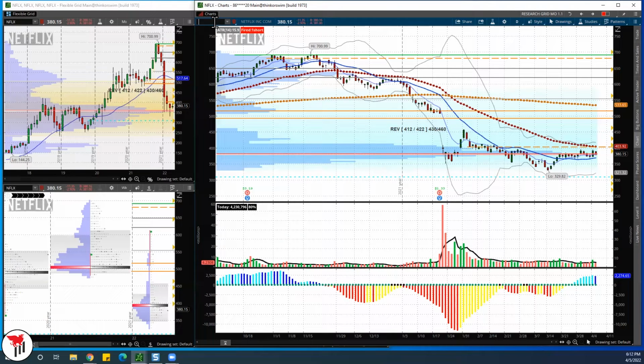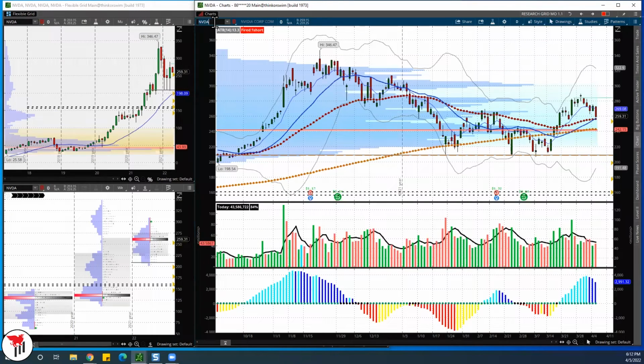Now let's do the semis. Let's do what we used to call the metaverse. So we already did Facebook. Let's do Nvidia, which is the one that I like to trade the most, although I'm kind of finding some liking to AMD lately. So just double check my messages. Got it right there. So what do we have for Nvidia?